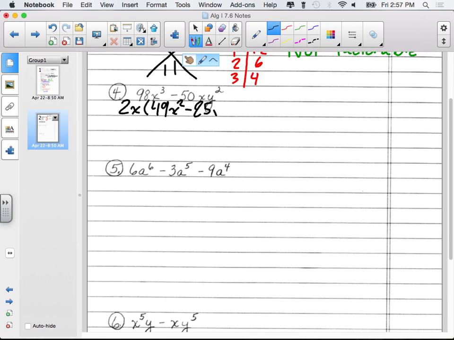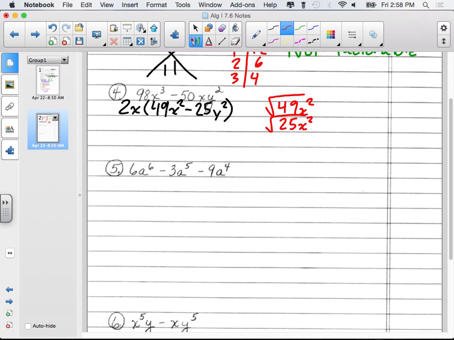And 25y squared. All right, we did our DCF. Now we have a new factor, a binomial factor, so what kind of thing do you guys look for? Square one. Difference of two squares. So, is this a difference of two squares? Yes. Why? Because the 49x squared and the 25y squared both have square roots. So if we square root both terms,